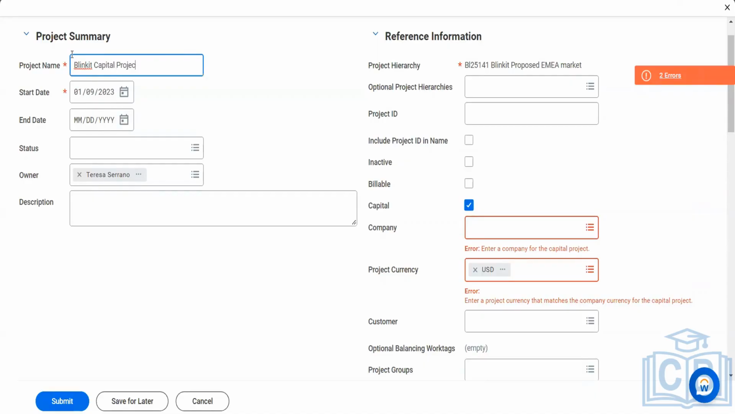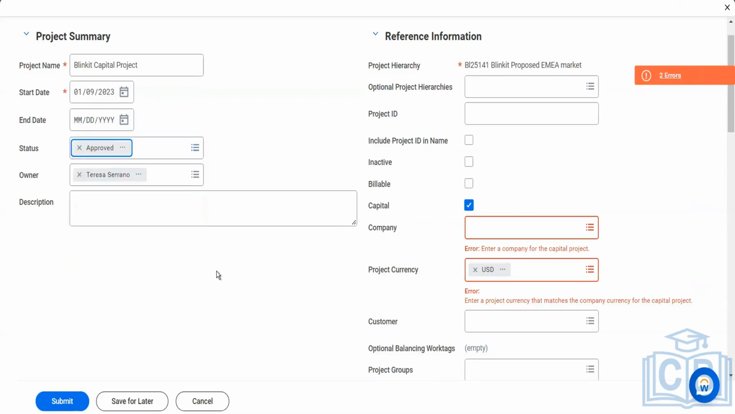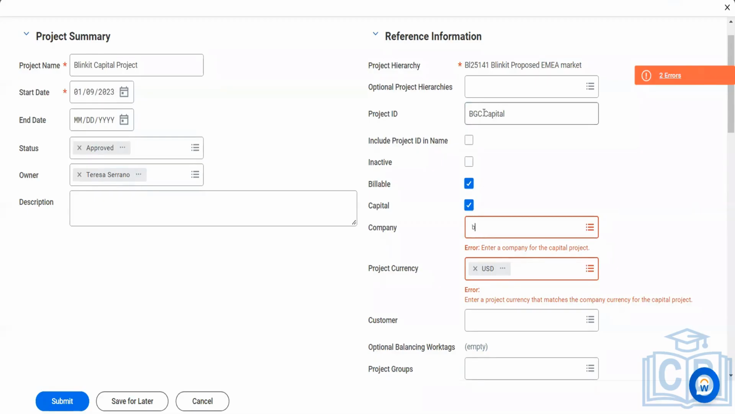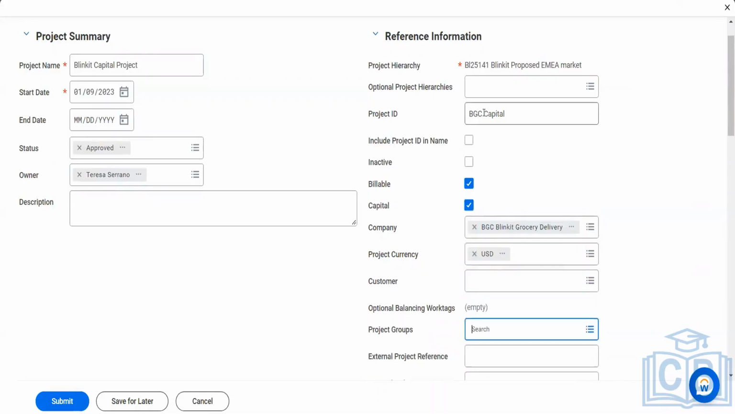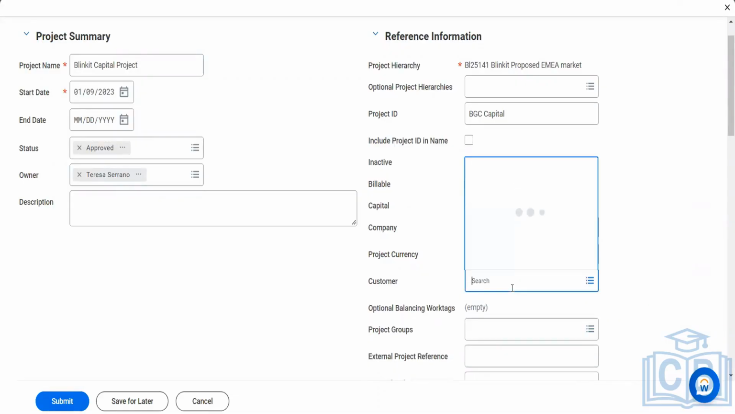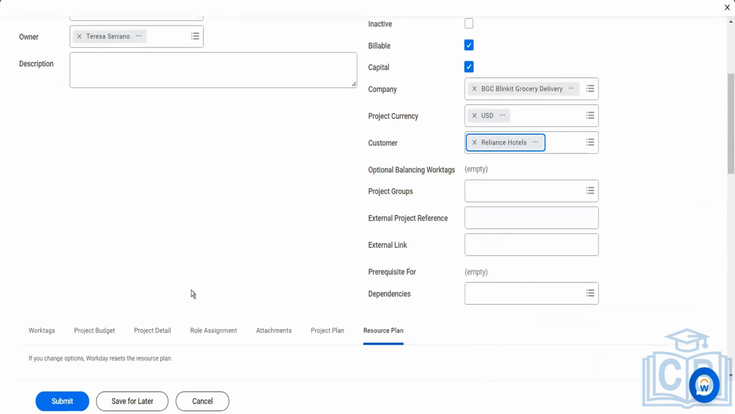It is this. Status is approved. It's a capital plus billable also. Company is your BGC. Customer is Advance Hotel. Now, once you do that,